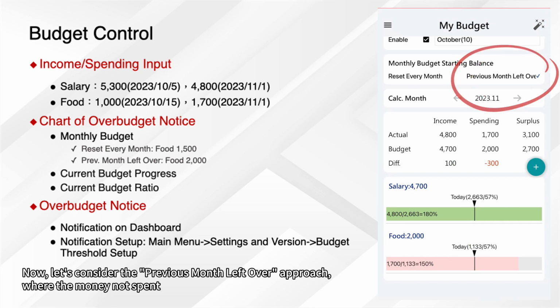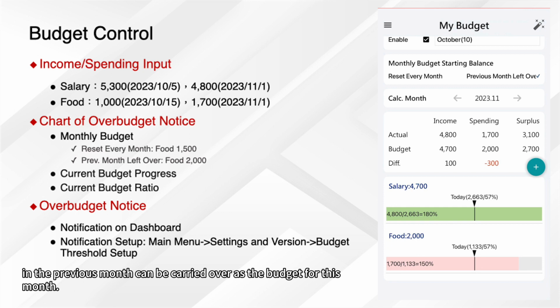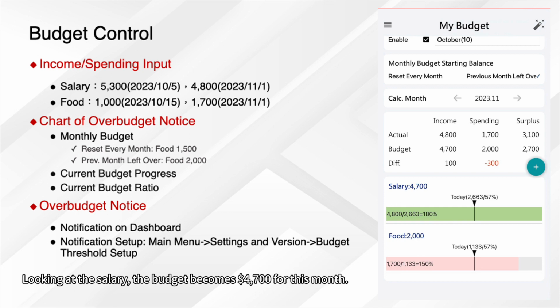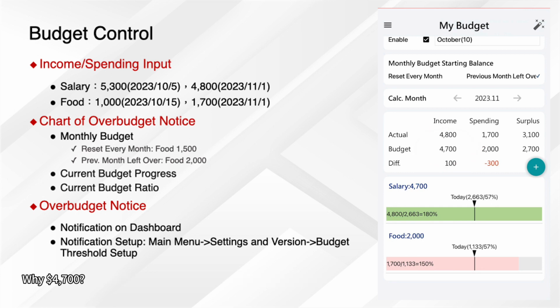Now let's consider the previous month leftover approach, where the money not spent in the previous month can be carried over as the budget for this month. Looking at the salary, the budget becomes $4,700 for this month. Why $4,700? Because last month you earned an extra $300, so this month you only need to earn $4,700 to